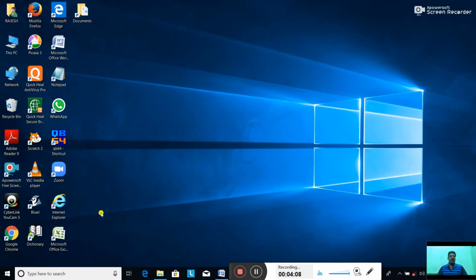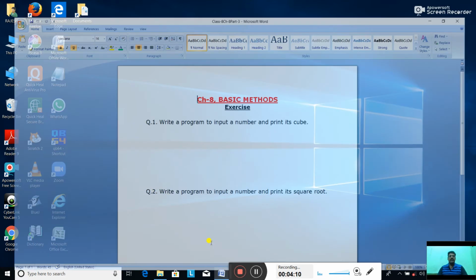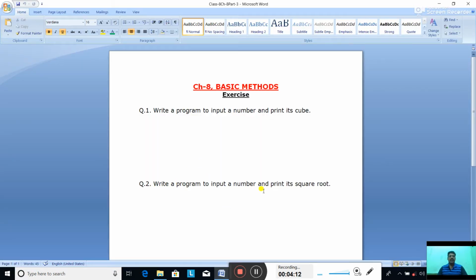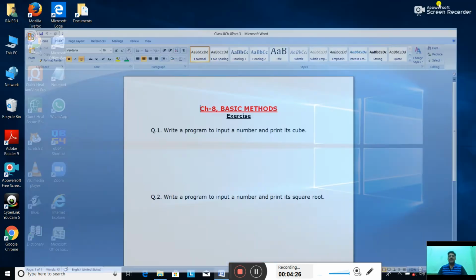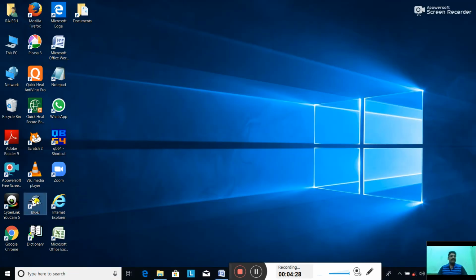Now let us see question number 2. Write a program to input a number and print its square root. This time the question is asking to input a single number and print its square root. So again open BlueJ.